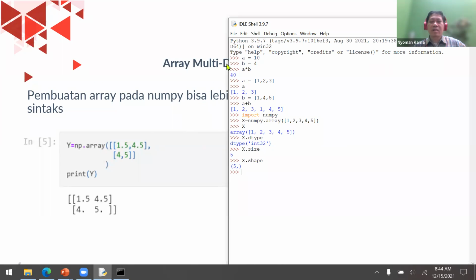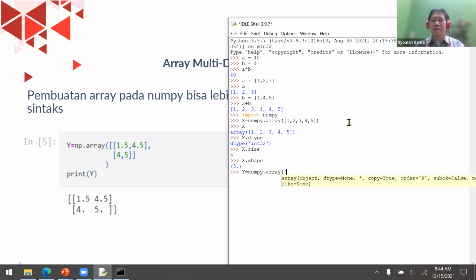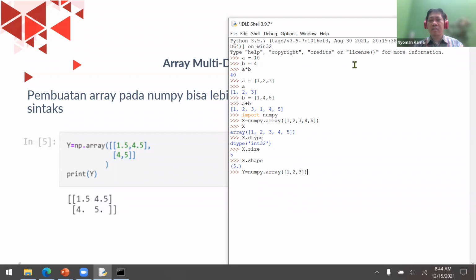Okay. Now, how about if I am going to create a multi-dimensional matrix array? I can do something like this. Let's say y is numpy, not np, because I'm not using the alias, I just use import numpy. y equals numpy dot array, and if I type something like 1, 2, 3, that will be a one-dimensional matrix.